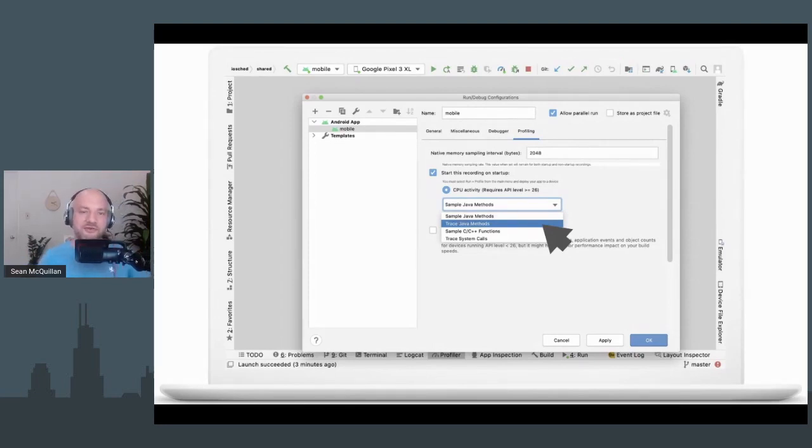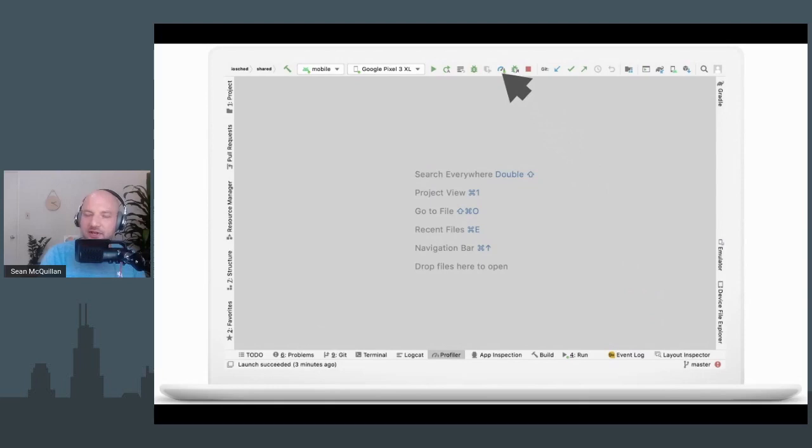So C++ allows you to sample native code, and tracing system calls allows you basically to run systrace. So instead of seeing the actual Java method you're calling, you're seeing your interactions with the framework. So you're going to see things like a recycler view paint event. So I'm going to click on trace Java methods, hit OK, and then I'll launch the profiler with the profile